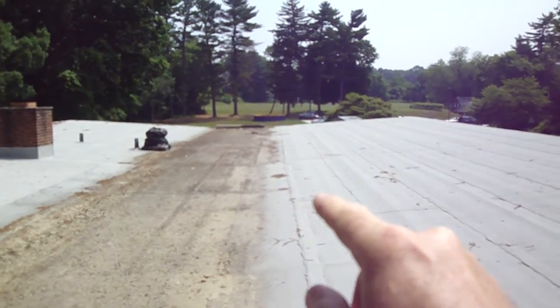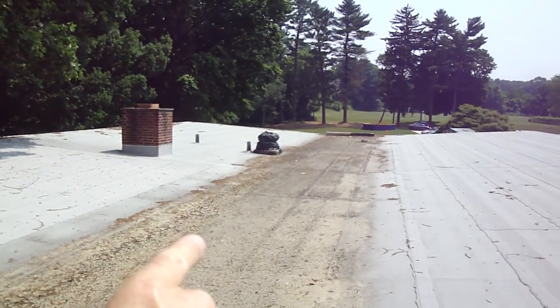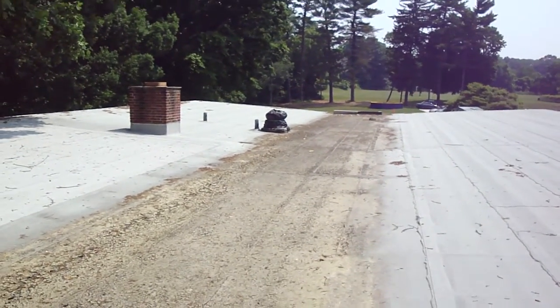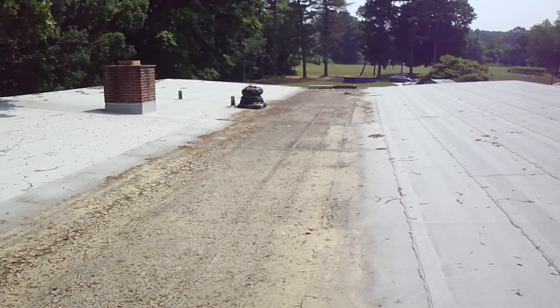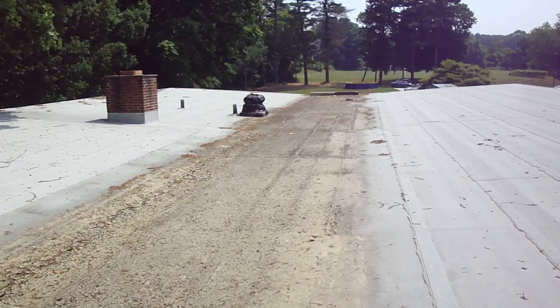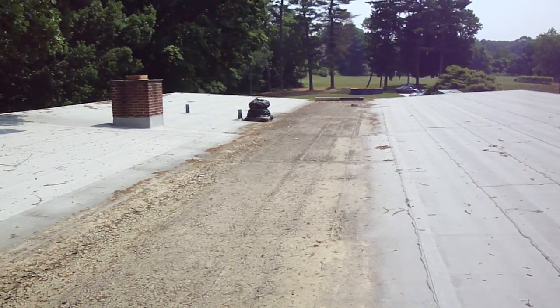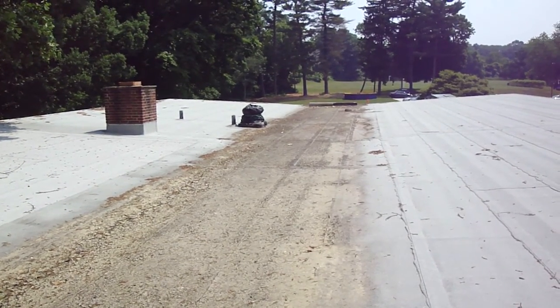And it simply means there's a wing on this side that pitches this way, and there's a wing on this side that pitches this way. And that's designed to drain in the center here. Well, this center area is not faring well because of all the ponding water that's left here. This center area really needs a cricket design to help channel that ponding water directly to the drains to minimize